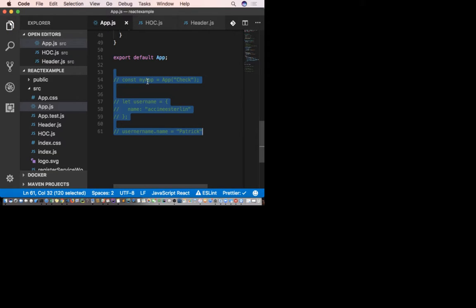How about we comment them out? This was just an example of using the ES6 class without React. When you create an ES6 class, in order to use it, you make what they call an instance of this class. I think I might be missing the new keyword.